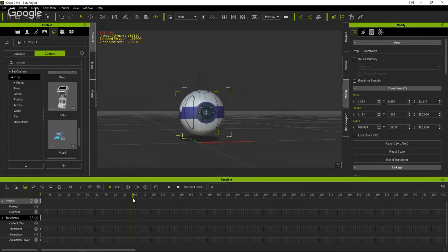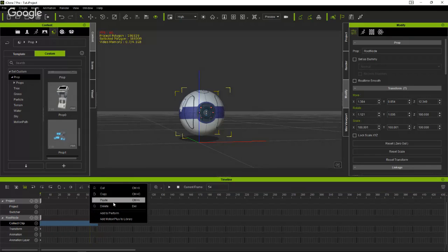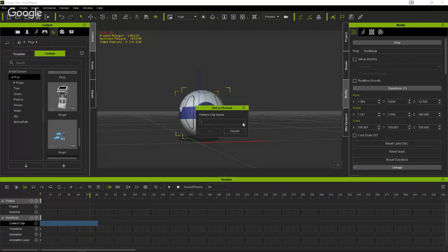It's about 60 frames long. And I'll do a collect clip for it, and this is going to be default pose. Where is it? Let's add to perform. D-E-F-A-U-L-T. Okay. So now when I do my motions or do my animations, I can always, if I just want him